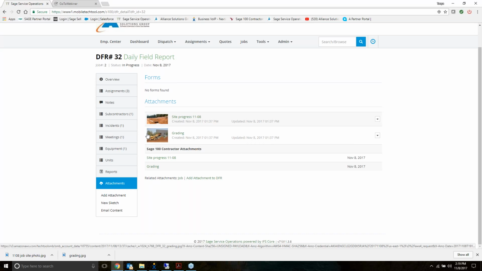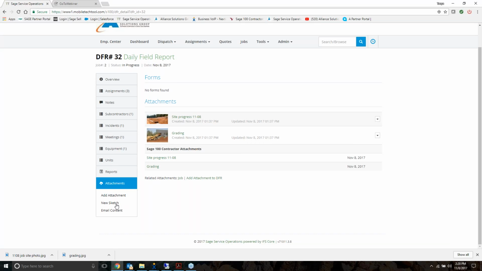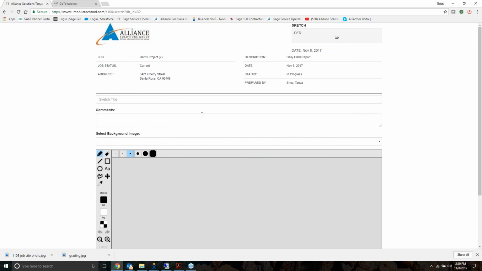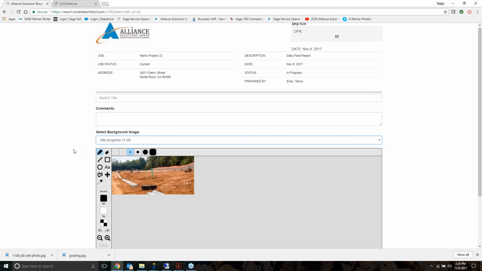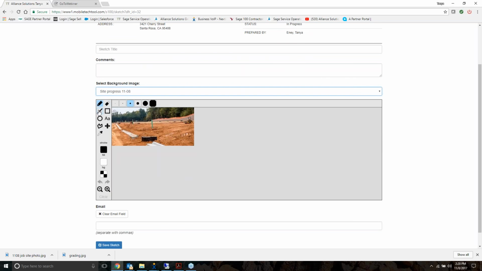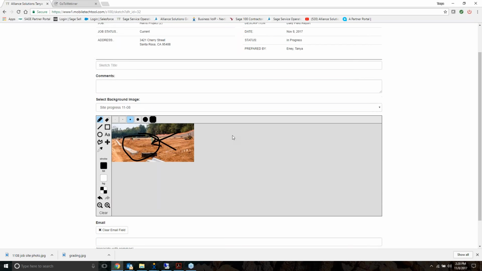And a nice tool that we also have within SSO Construction is if I want to maybe send some further communication to somebody in the office or outside of the office about a picture that I took. We have a sketch tool that I can bring up an image that I've loaded, so one of those pictures, and I'll just grab one of them. Now I've got my image, and I can come in here and draw on it. I can circle something, add an arrow, notate it however I like,